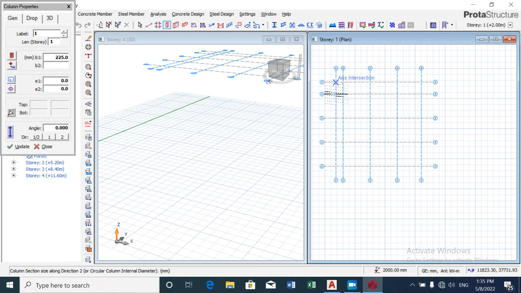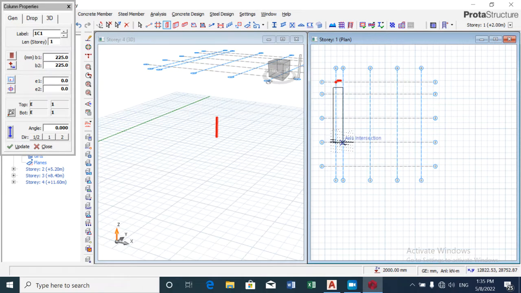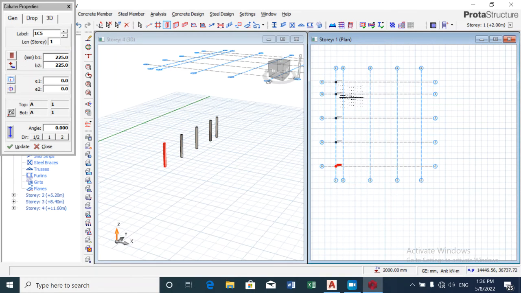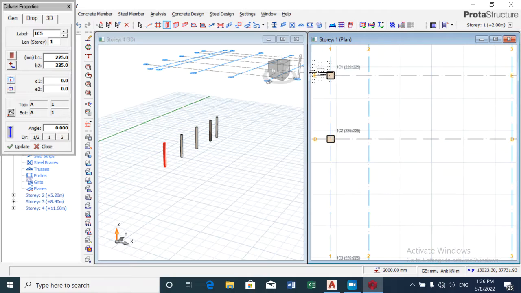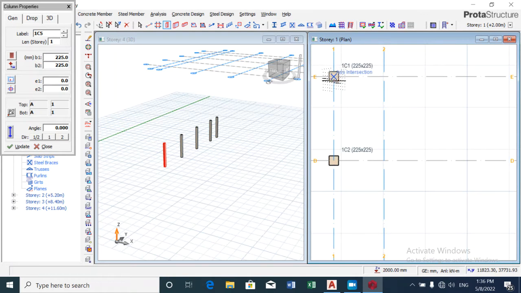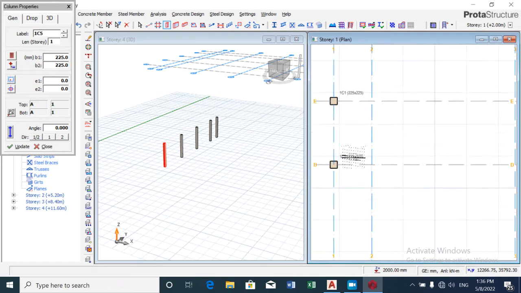This point I can choose to just highlight all these points as, now you see all the column appearing here is 225 by 225, and you can see this is for story 1 column 1, story 1 column 2, all their dimension is 225 by